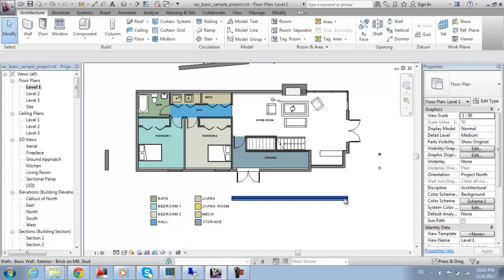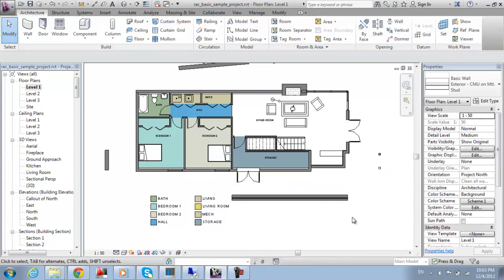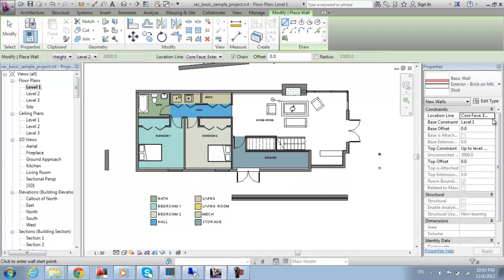If you select this one and you want to change the type, you have to choose the type from here. Look, all these are basic wall and the type exterior CMU. Look, we are still in the basic wall, but the type is exterior. If you choose another one,